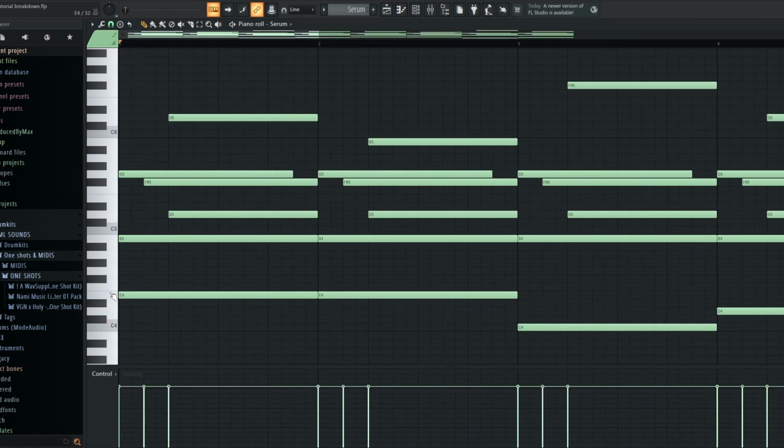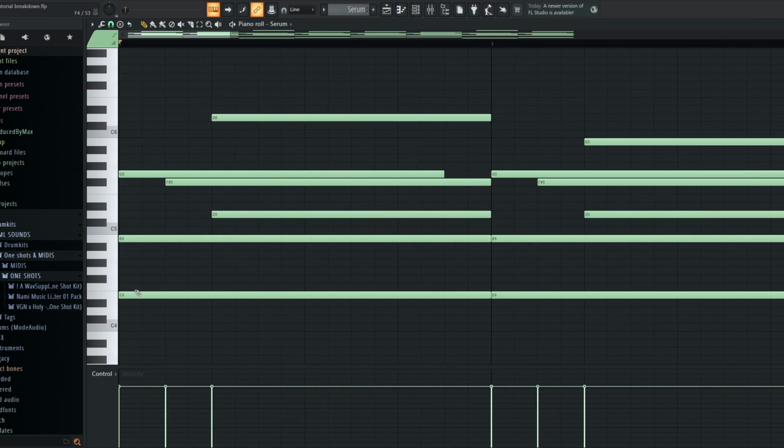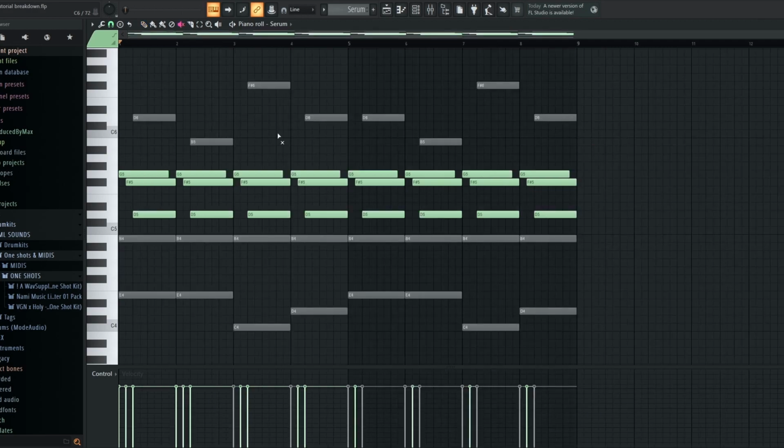So the first thing I did was I laid out a chord. This is actually an E major chord, but I deleted the middle note. And that leaves us with these two notes. It's pretty much a power chord. I like to call them Yeet chords because Yeet has them in a lot of his music. Okay, so after you have gotten your chord down, you want a really repetitive melody that acts in the